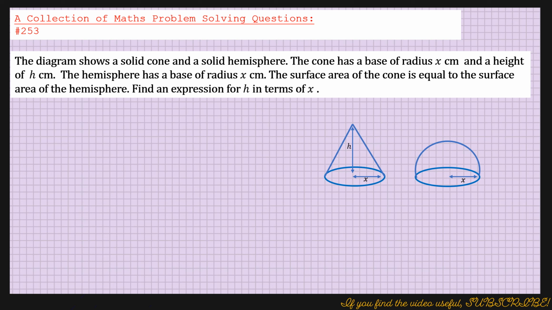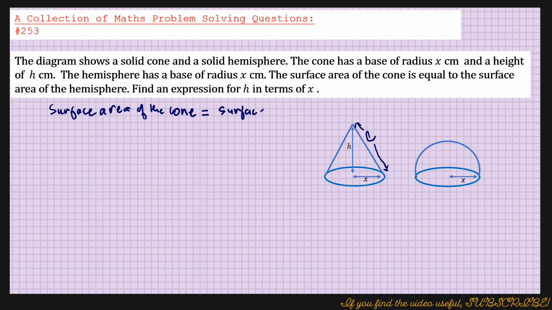So what we can do is, the other thing that we need to work out is the slant height of the cone, that is L, and the surface area of the cone. So we can write surface area of the cone. You subtract the circular base, so you don't have to subtract it, it's just the same, of the cone equals